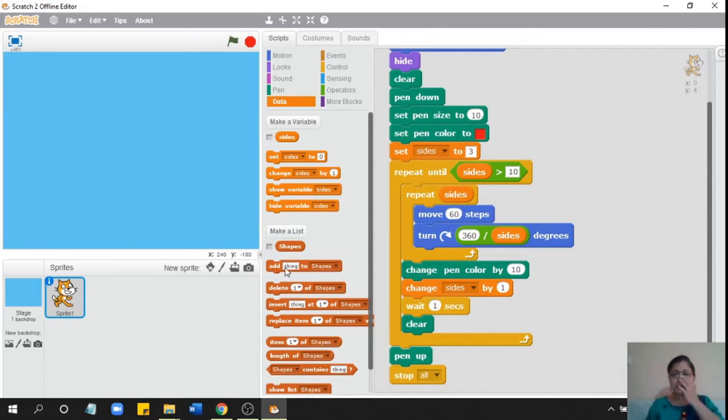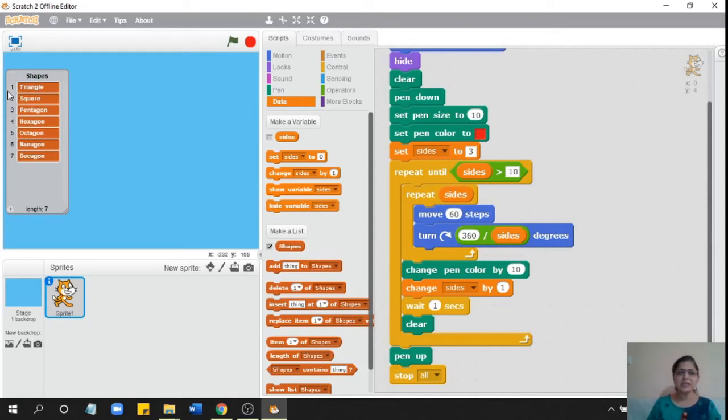Now what do we do? Here, when it draws whatever sides, first it will draw a three-sided figure, so I'm going to begin with a triangle. In order to refer to these elements in my list, when I want to display triangle, I have to say shapes 1.